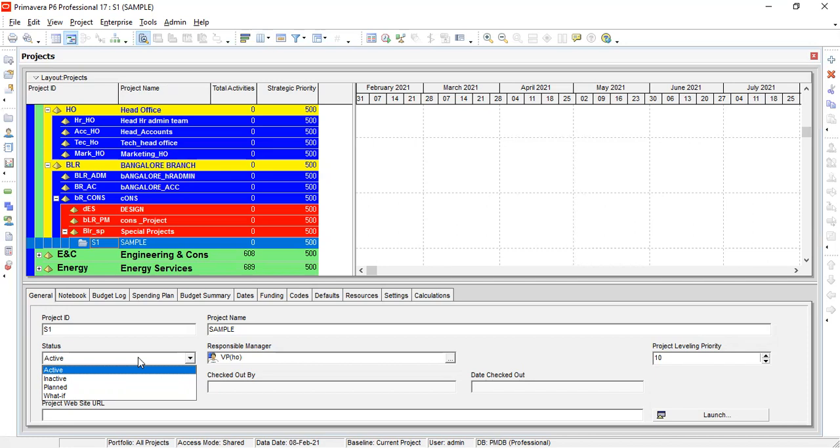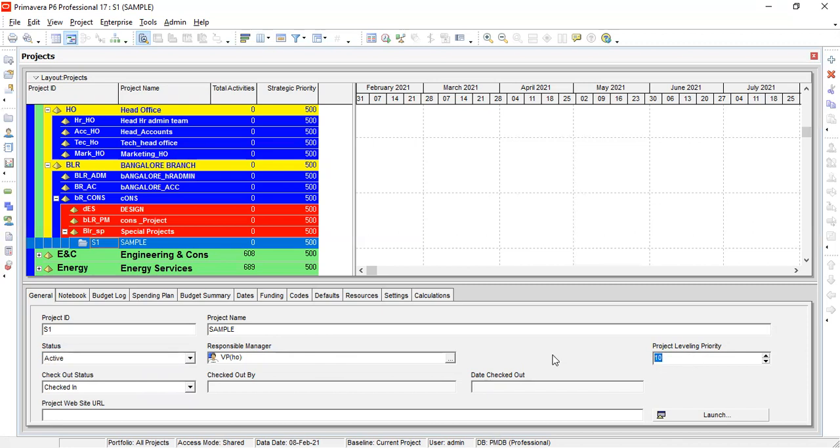Planning anyone can do, but execution is the real-time execution. I think you understood the word. Okay. So active means it may be plan plus execution, both. But selecting any of these, does it affect the project calculations or anything? Except inactive and stage, it will not affect anything. Okay. So you leave it as it is.